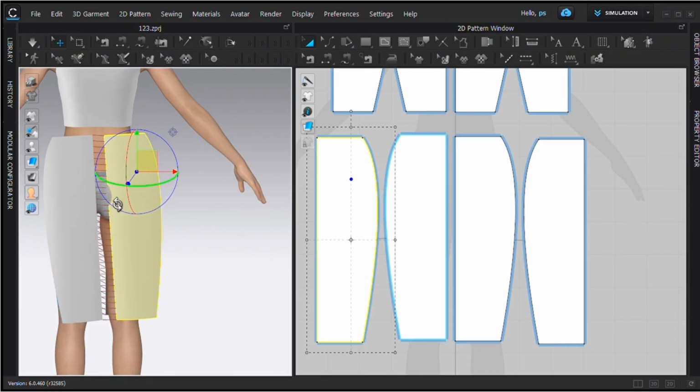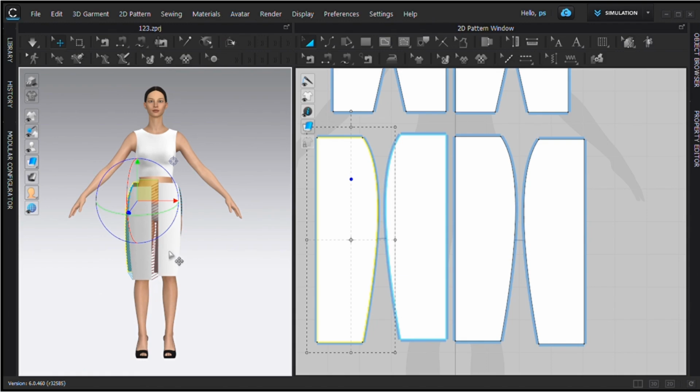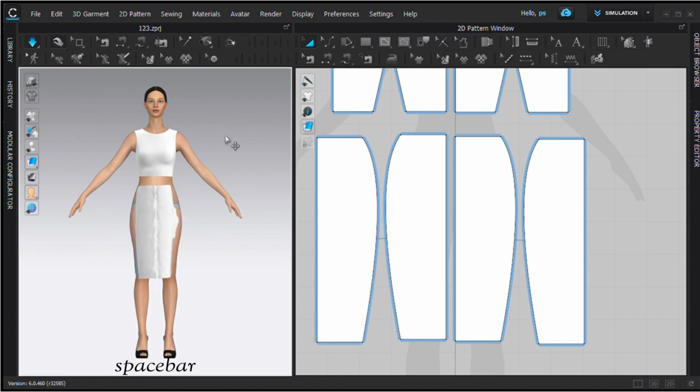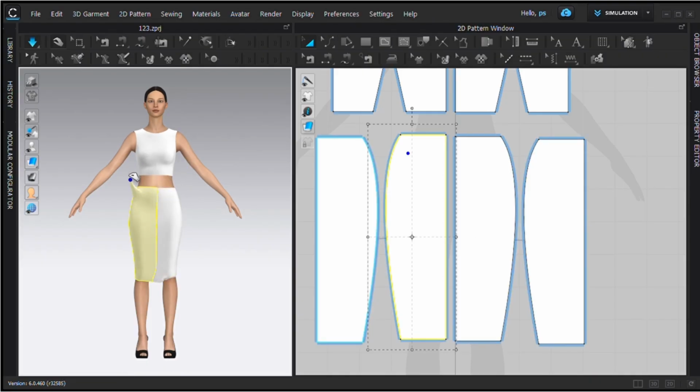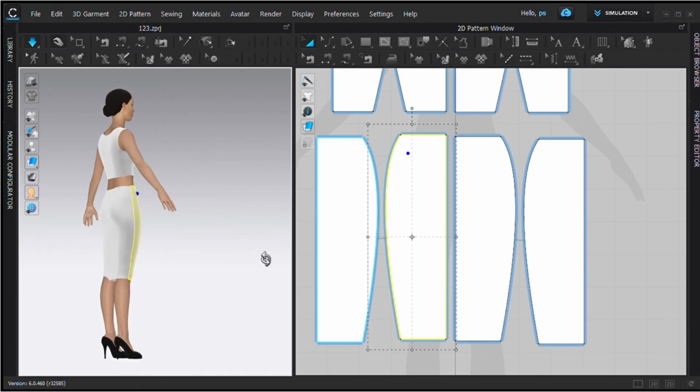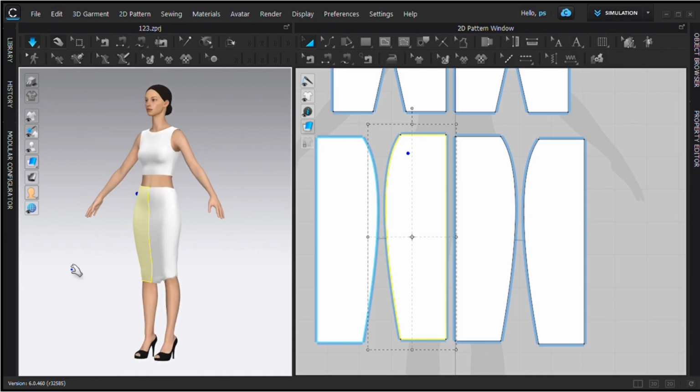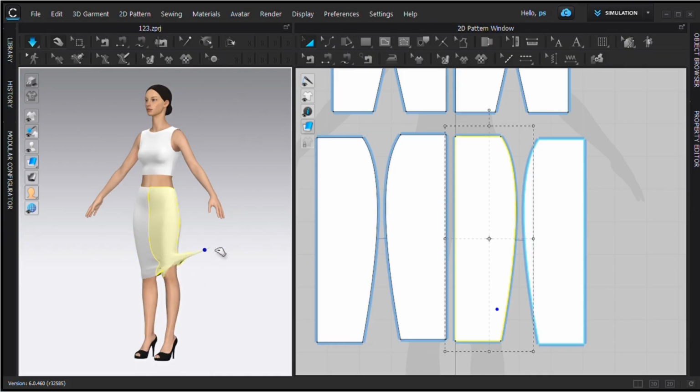Okay, now let's start simulating this. I'll click on the space bar and just adjust it. Now let me adjust it by moving the fabric. So now this skirt is